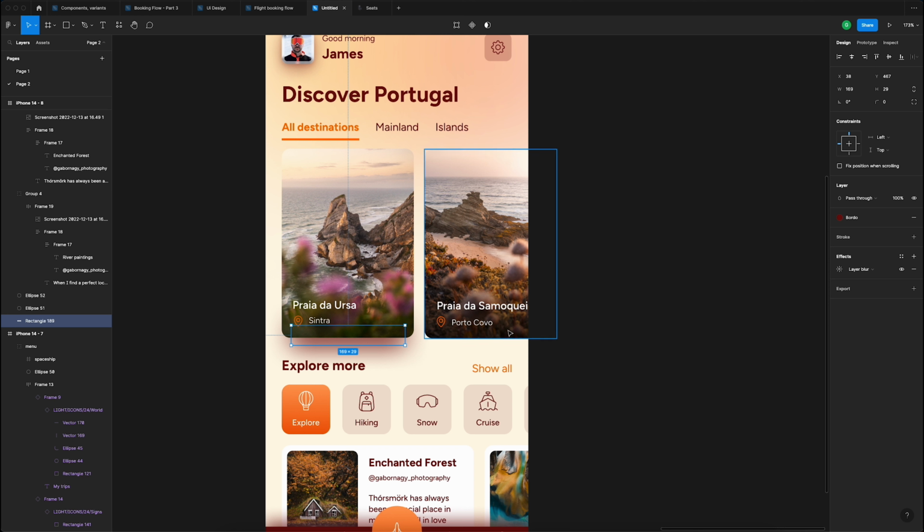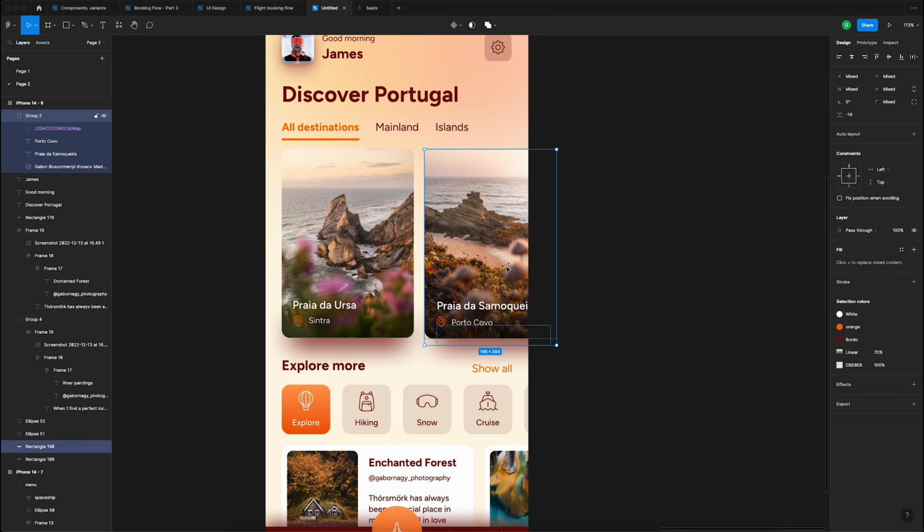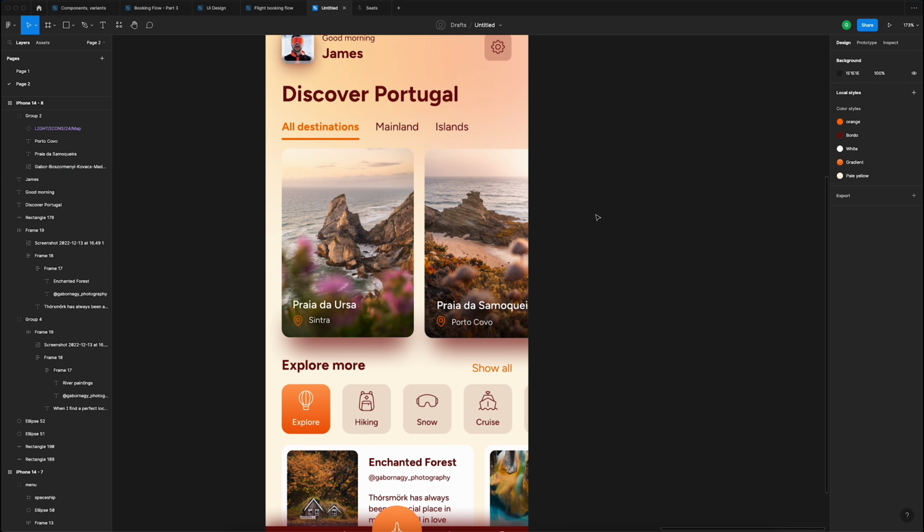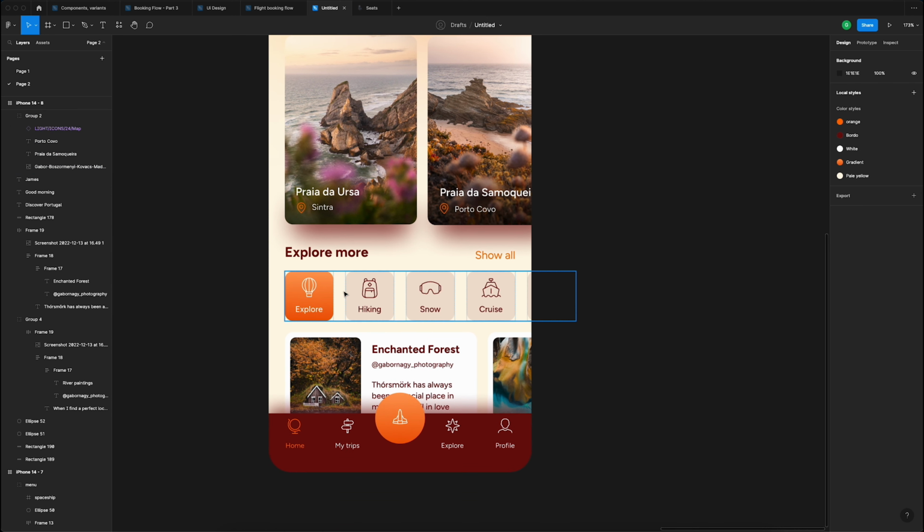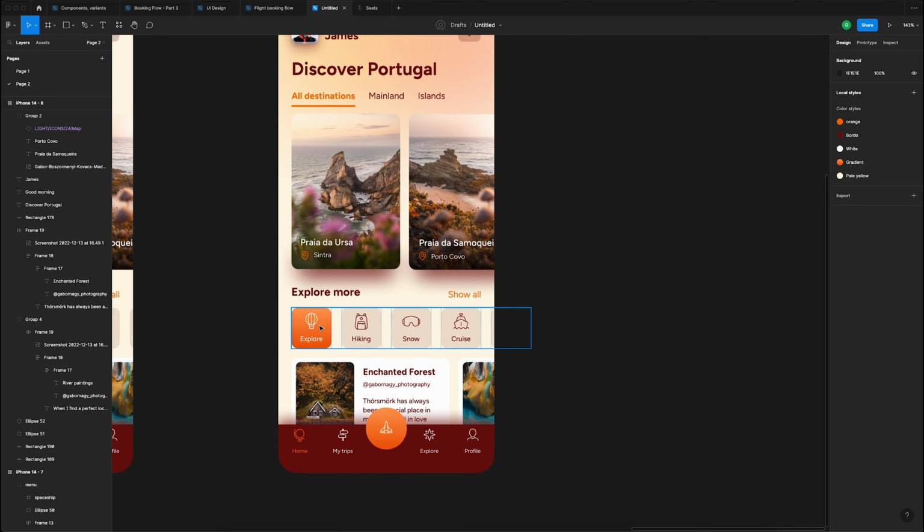And I want to add the same effect for this one, so I'm just going to grab and copy. Again, select both of them and align them to the middle. Make sure it's still 16 pixels from the first card. Okay, that's great. For the selected state of this card,